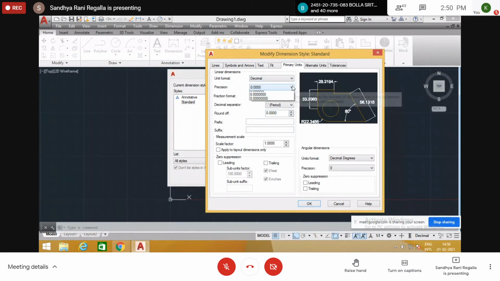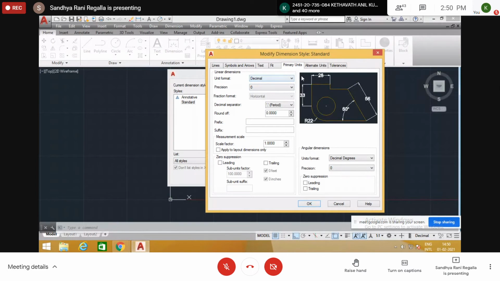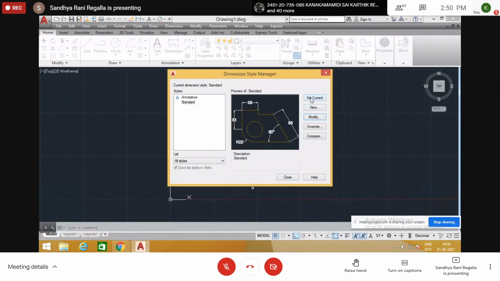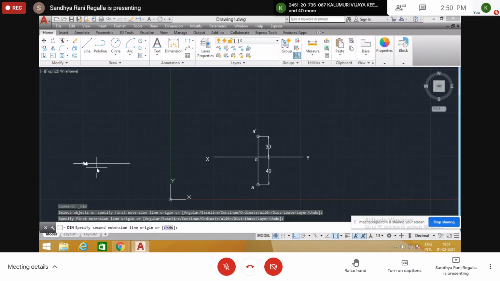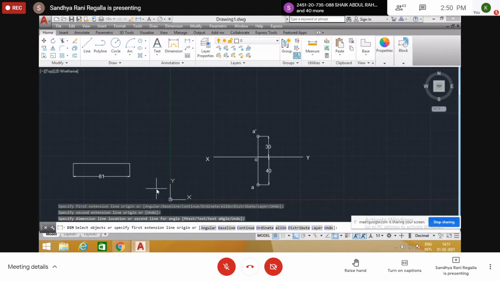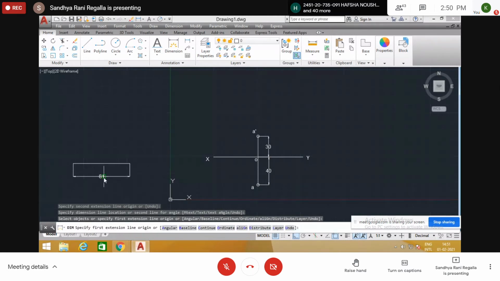Precision also, no need of precision, 0. That's all. Okay. After that, you click on set current. Set current, close. So it will change. Now later if you take any value, whatever the dimensions we change, the same thing we get here. Same values, text height 5, arrow size 3. Same thing will reflect here. If you go to modify option and click on set current, okay, like this we change.